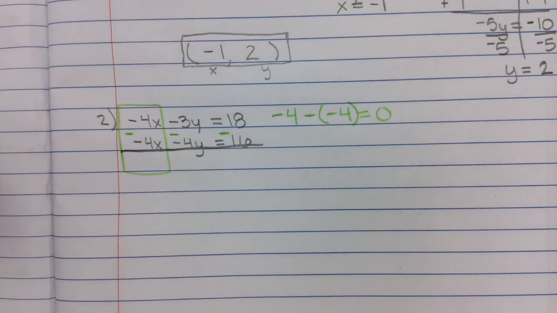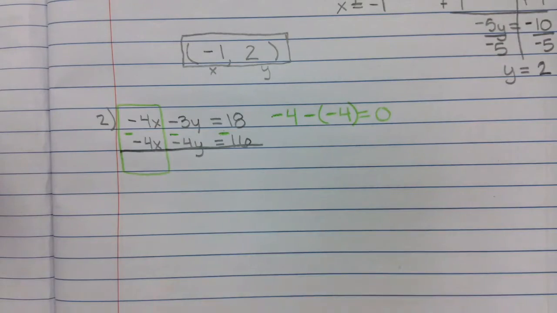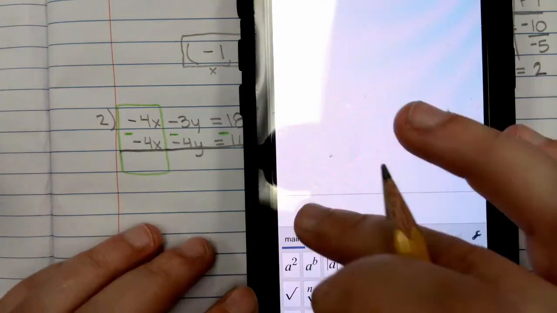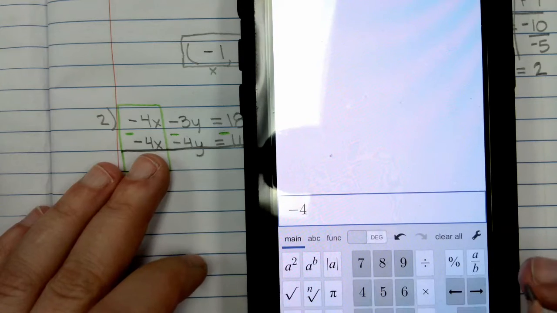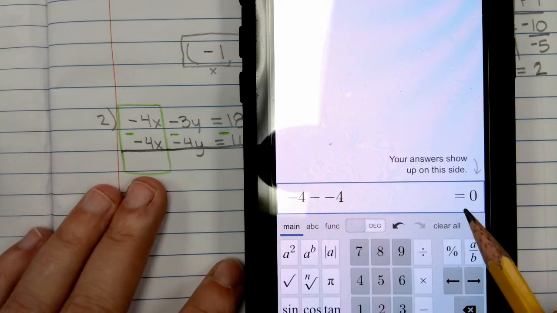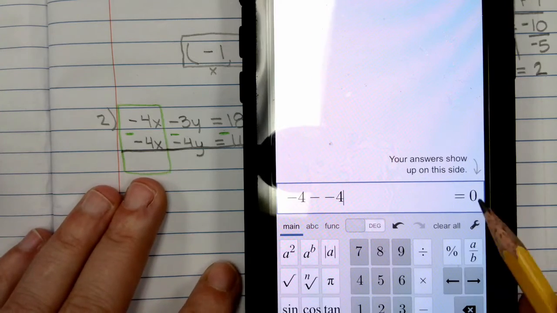Okay, using decimals would be helpful on this one because we have a lot of negatives. So -4 minus -4. It could be a good thing to check, especially if you're not 100% confident. Just double check that it makes 0, and it does. So we have 0x. Then we have -3 minus -4, and we get 1. So +1, so I'm going to do a +1, y,